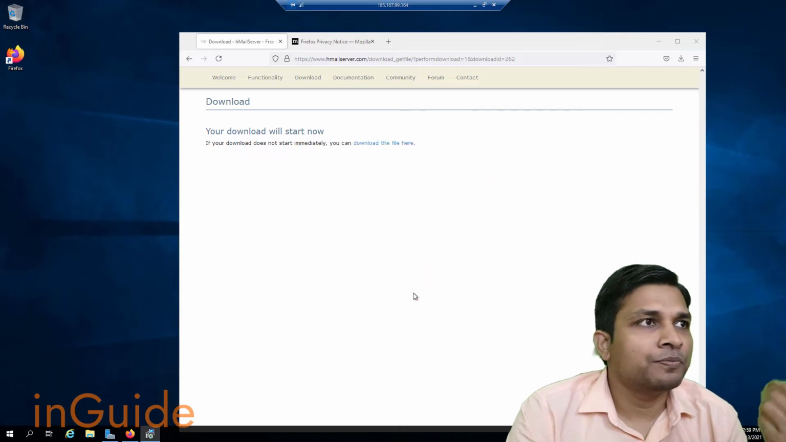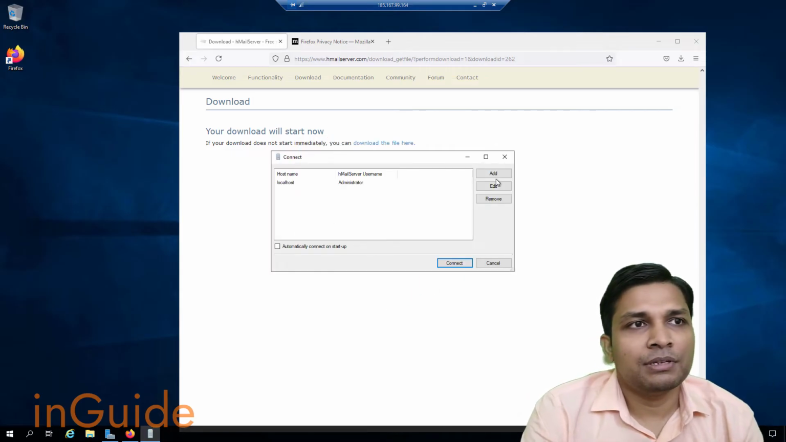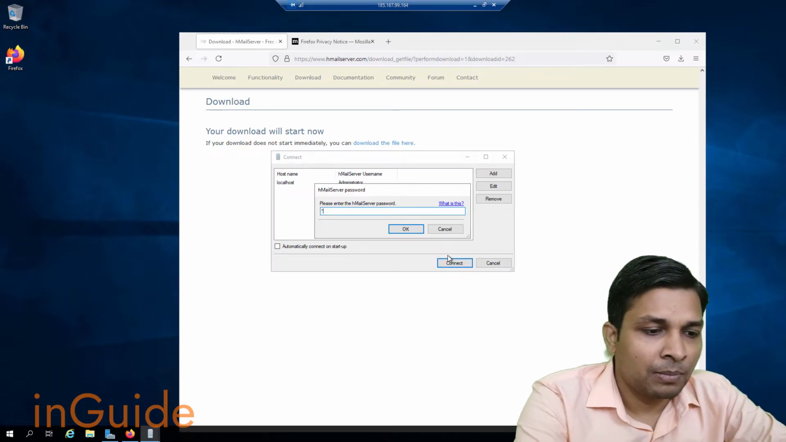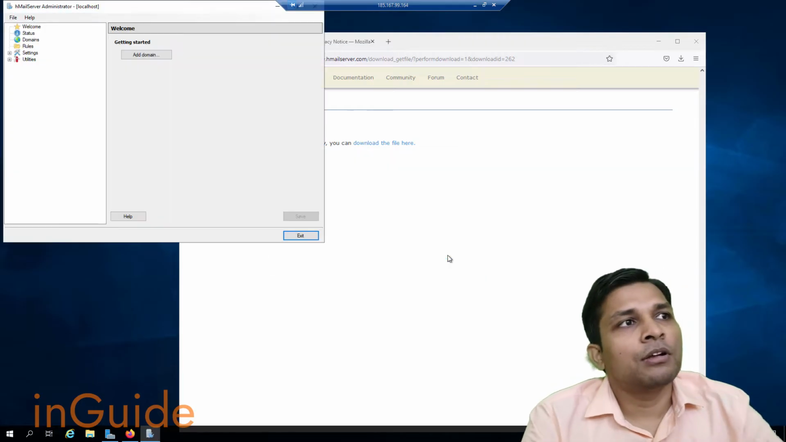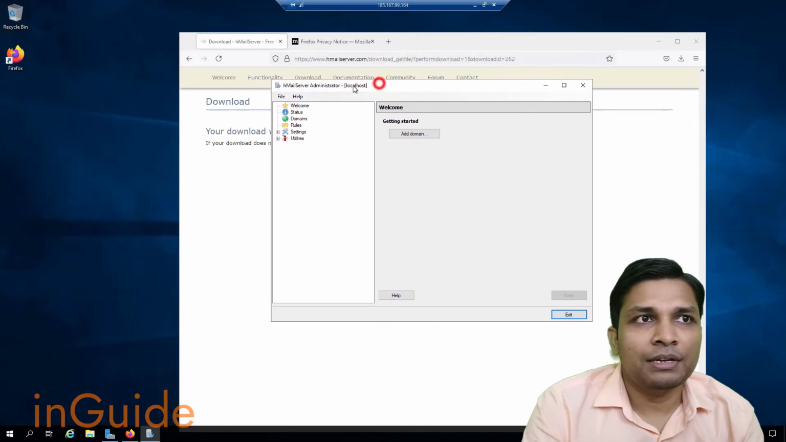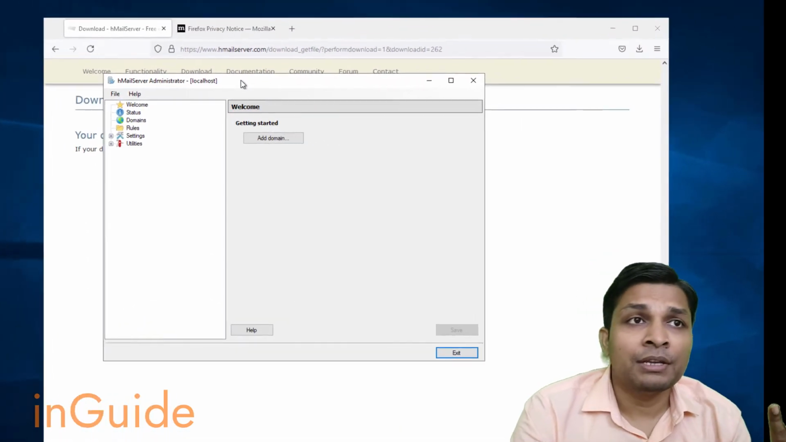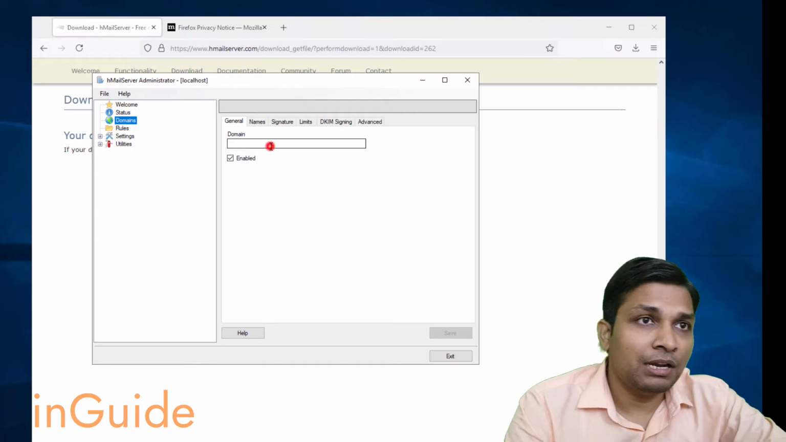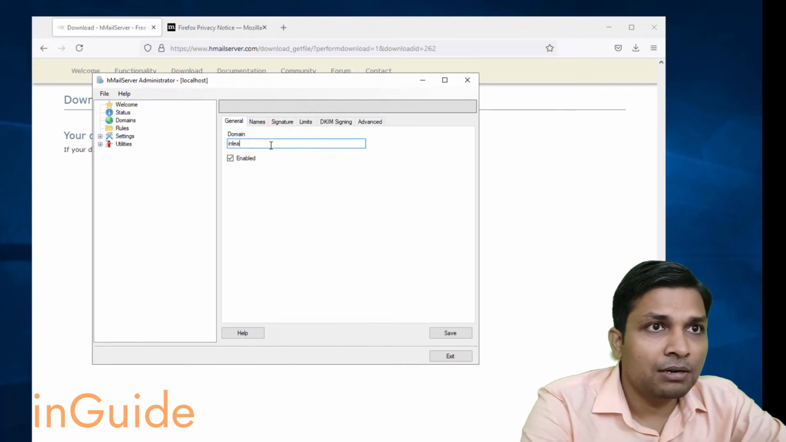Alright, so now this hMailServer is ready to start. Click connect and it will ask you for the password. Alright, so this is the first look, and today I am going to use the domain inlearn.in. So I'll click on add domain, and I'll type the domain here, inlearn.in,